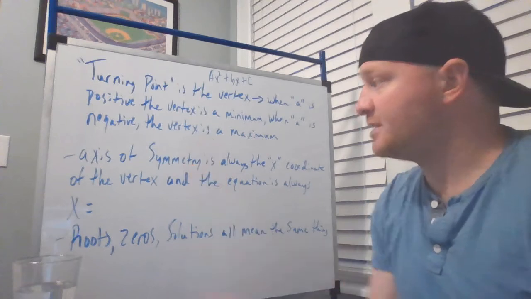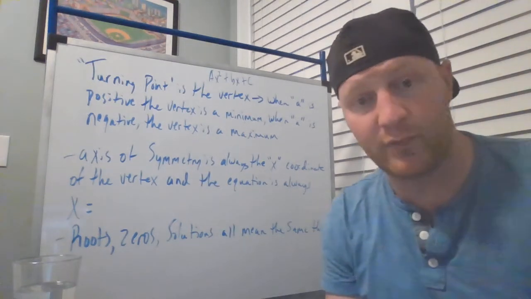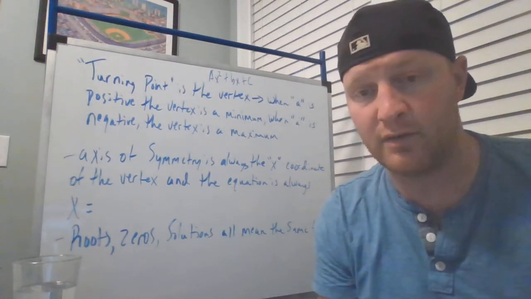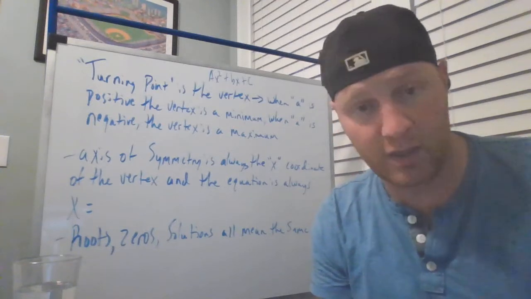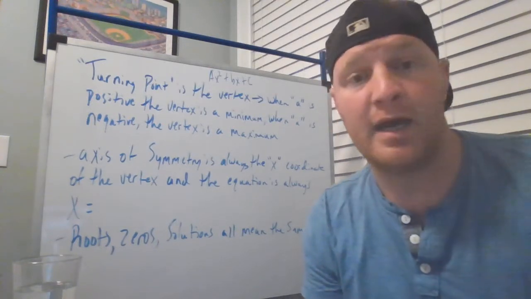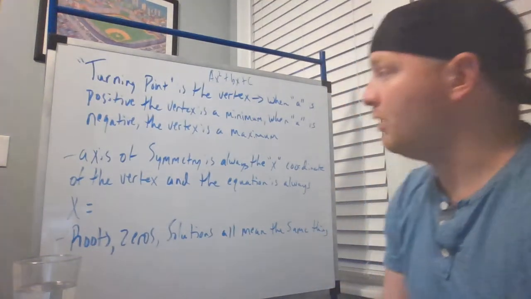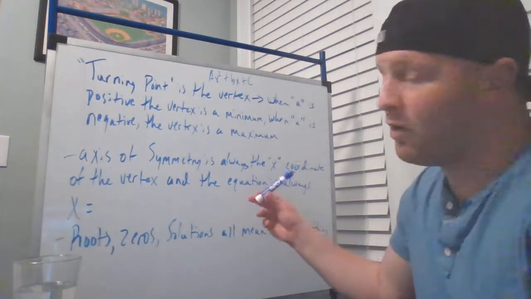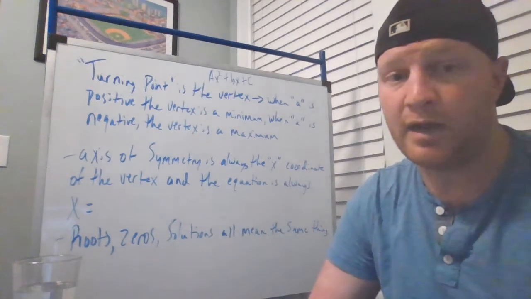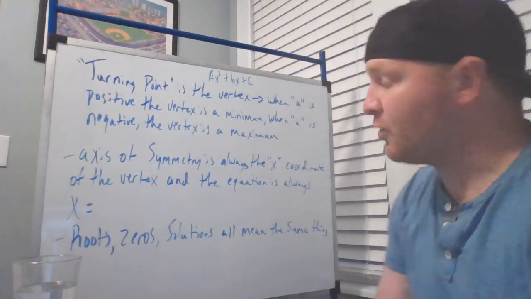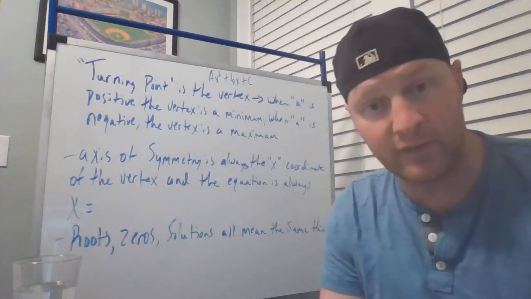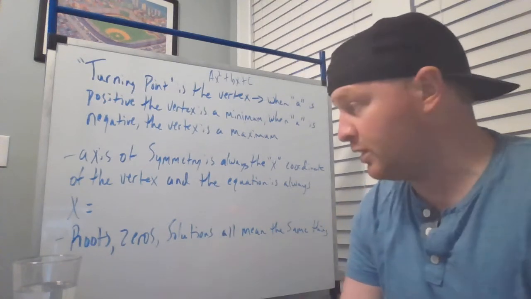Other order of business, axis of symmetry. You'll be seeing this all over the place in questions that are in the book, in today's work, on Khan Academy, future math tests that we take. I want you to understand, the axis of symmetry is always, always, always the x coordinate of the vertex,